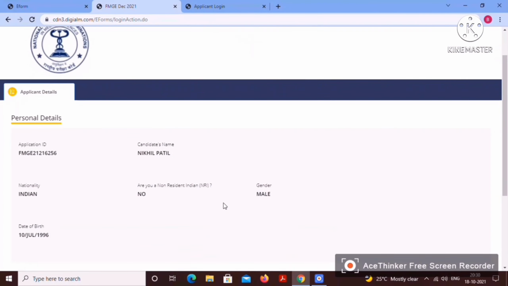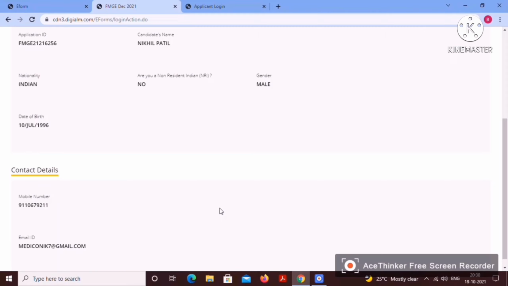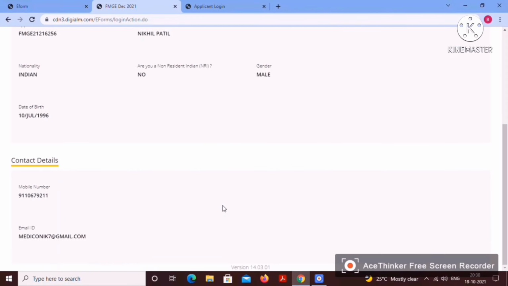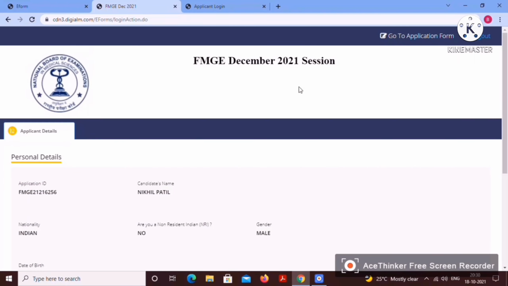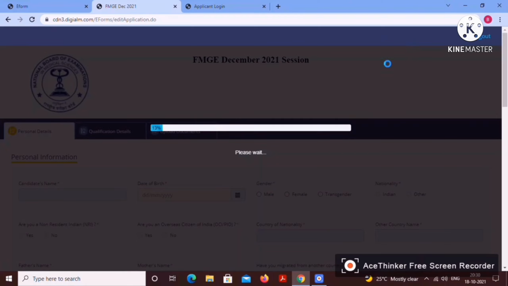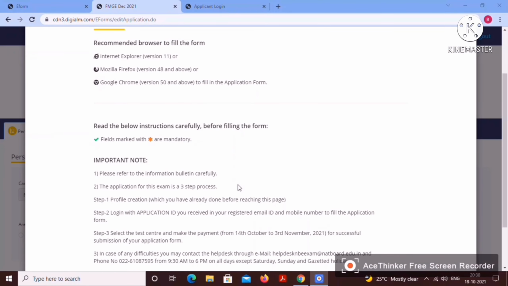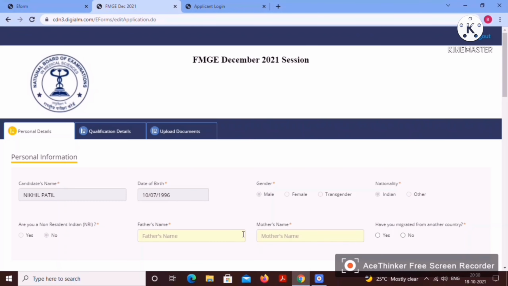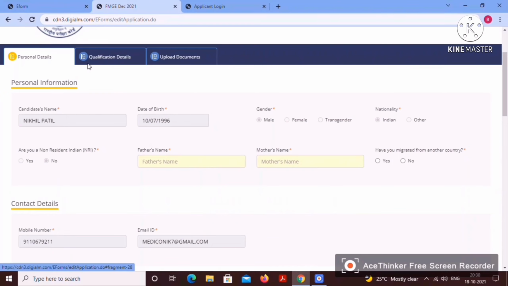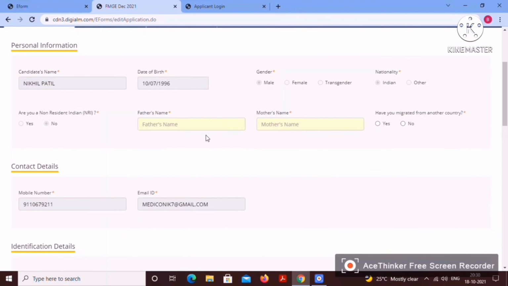So here, if you have submitted the registration form finally, you come directly to this page. Now we have to go directly to the application form, so click here. So just in a while, it again comes with some instructions, just close it. So here three files are there for the application form. One by one we will go through them.